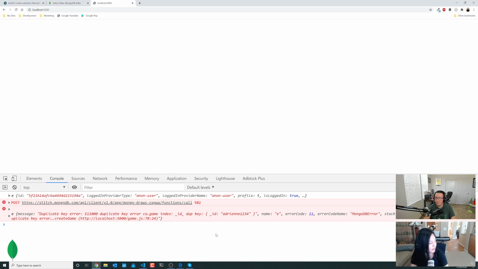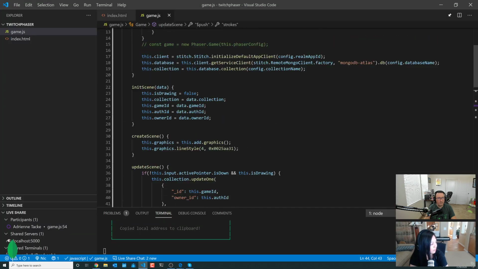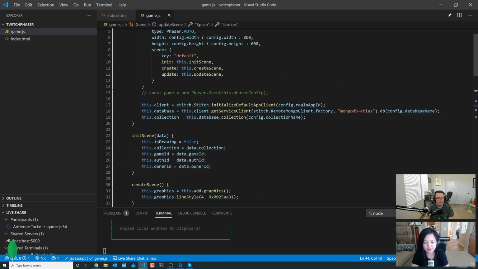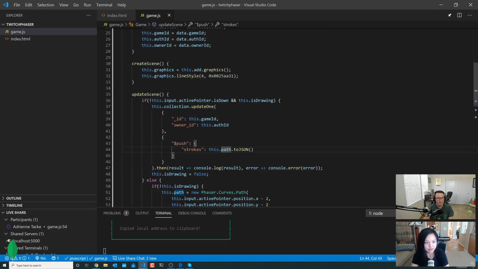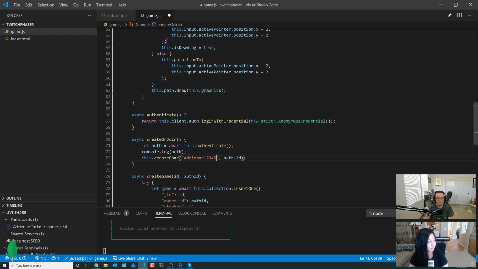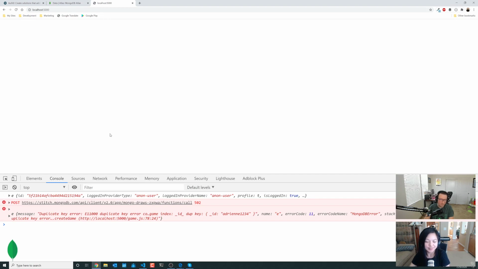Oh, duplicate key. Yeah, I've only ever set up the create. I've never set up the join or the create and join. Even though I'm the owner, I still need to join my own session. I can't just try to recreate on the same key every time. Correct. So now we need to add that logic, right? Because it does exist and we need to do something about it. Yeah, but I'm actually just going to cheat, and I'm just going to say that now this is Adrienne 12345. Okay. Just for the sake of the test. We'll get there. So this should pass.